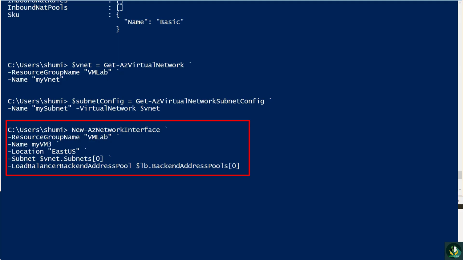New-AzNetworkInterface -ResourceGroupName VMLab -Name MyVM3 -Location EastUS -Subnet $VNet.Subnets[0] -LoadBalancerBackendAddressPool $LB.BackendAddressPools[0]. And we'll do the same one-liner for